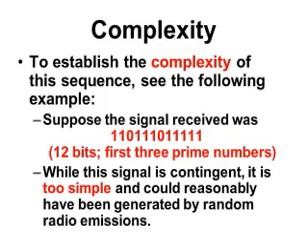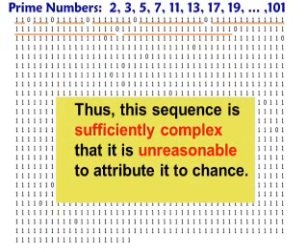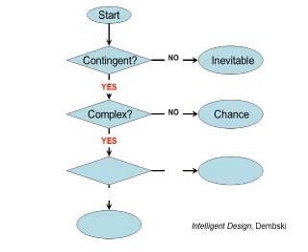But what about this one? 1,126 bits that contains the first 25 prime numbers. I mean, folks, that stretches your memory. Now, the chapter in this book about that point is long, because it discusses probability. It's a great one. But Dembski argues you can study the probability of events and come up with a good, reasonable conclusion. And he would argue that is sufficiently complex that it's unreasonable to attribute it to chance. So we're going to say the answer to that second question is yes, that's way too complex to be a chance event.